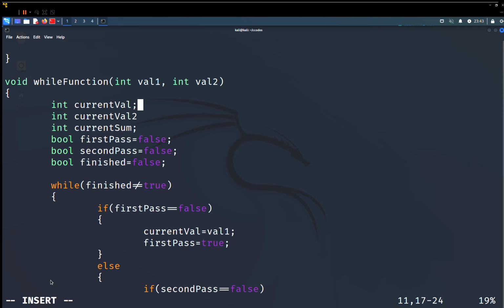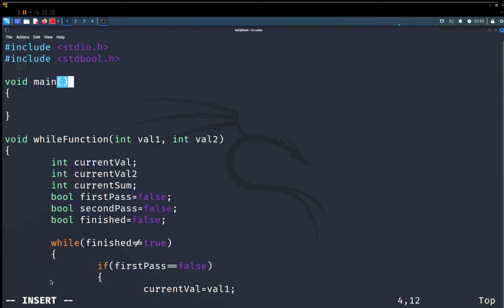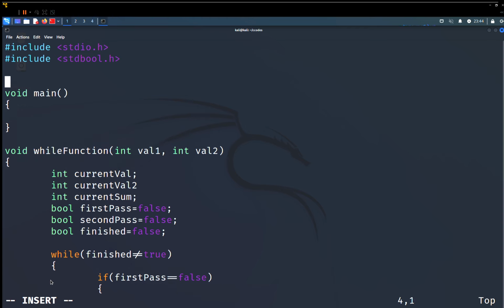So we have our function here. We have our main, which is empty because we haven't called it. We still have to prototype it, so maybe let's just do that now. So here we're going to call the while function. It hasn't been prototyped yet actually, so we should probably do that first. It's going to be wondering what's happening. So here above main, below these header files,